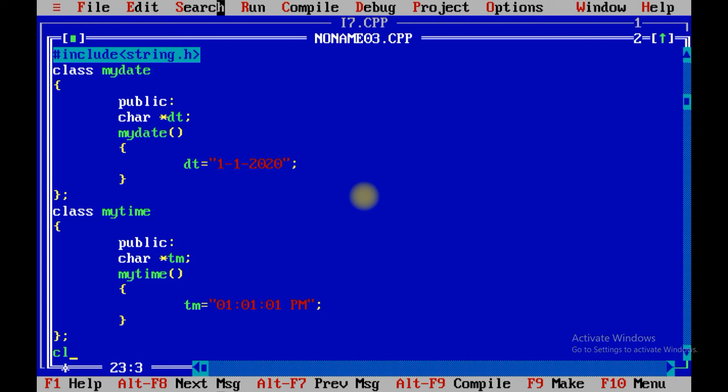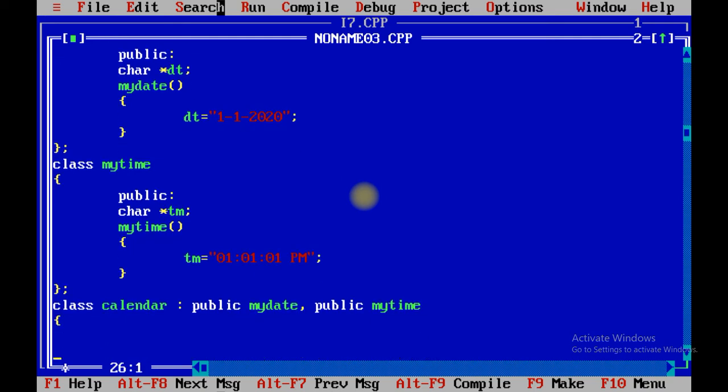Now I am going to create class calendar, which inherits public myDate and, comma, public myTime. Over here, remember one thing: you must mention the access specifier for the class which is defined as the second one, otherwise it will generate an error.